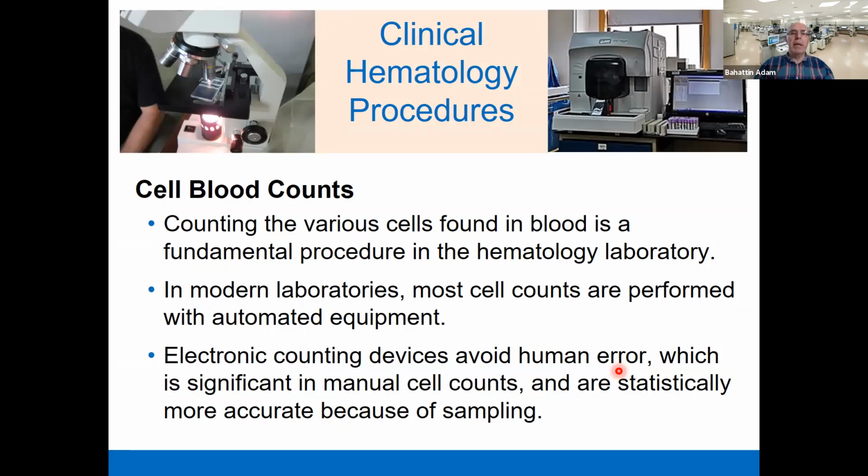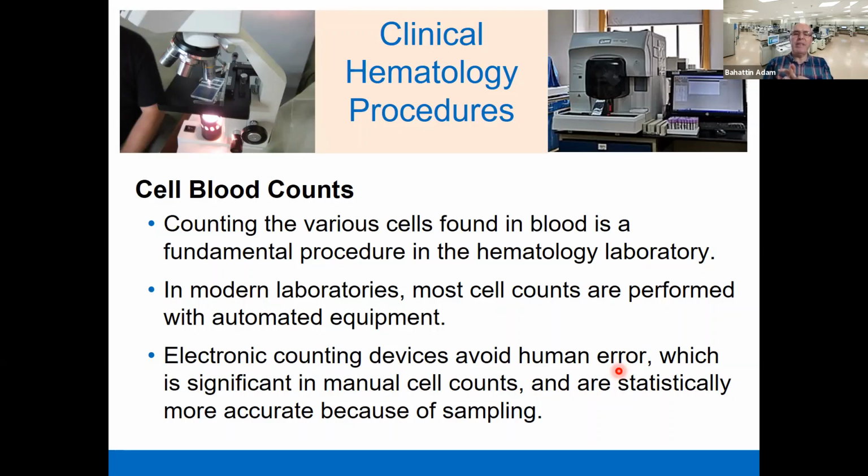Okay, counting the various cells found in the blood is a fundamental procedure in the hematology laboratory. Hematocrit is one test, measuring the hemoglobin concentration. Measuring the hematocrit, the percentage of the red blood cells, and counting the blood cells are other tests that